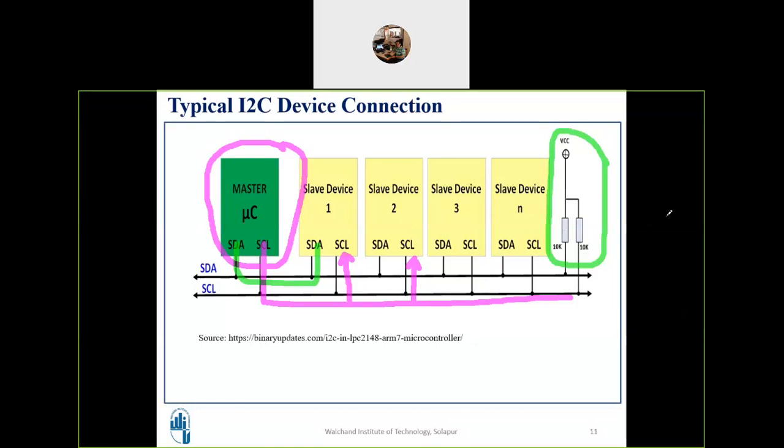Sir, reset circuit. No, if it is a reset circuit, remember there is resistor and capacitor also. Anyone? It is not definitely reset circuit.